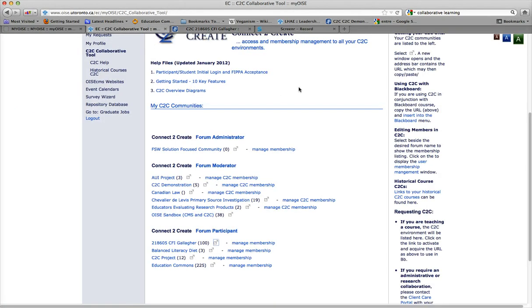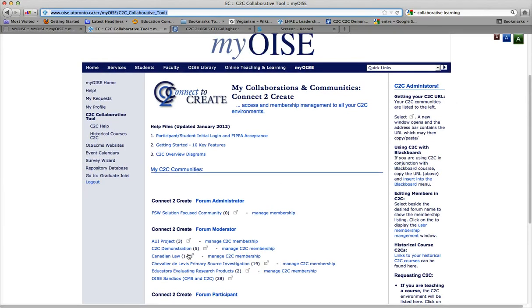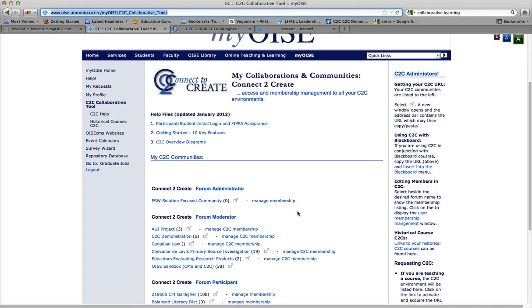Your students also have access to C2C. And we have some administrative information on how to use it with Blackboard because there's a URL and we can very quickly copy and paste that URL into Blackboard as an external link and use that as a prime discussion and still use Blackboard for other things if it's in a course. You can use it with other environments as well, or you can use it as your main environment and bring things in. So all your courses will show up here,